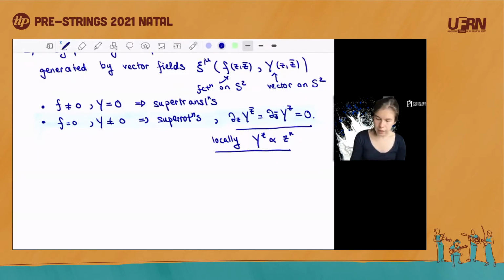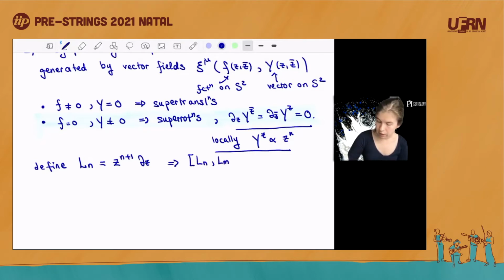And one way to see that is to define some new generators, L_n, which are defined to be minus z to the n plus 1, d by dz. And then you can compute their commutators, namely [L_n, L_m], and you find that this is equal to (n minus m) L_{n plus m}. And this is nothing but the Virasoro algebra